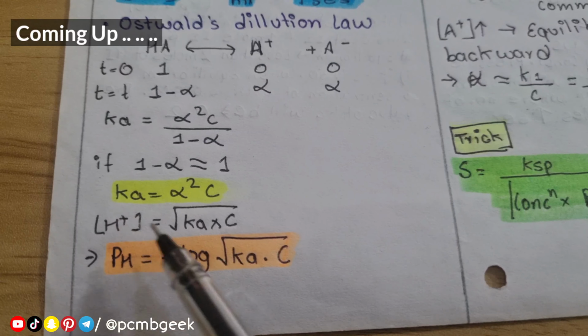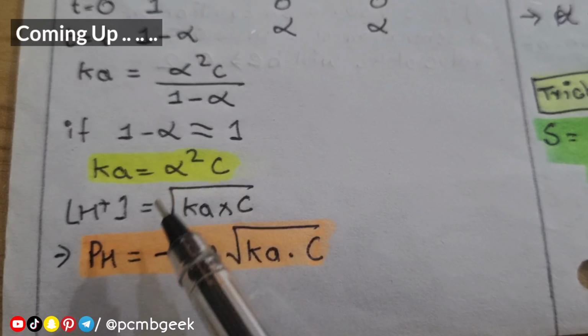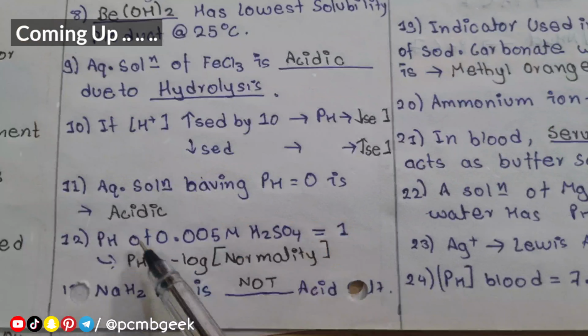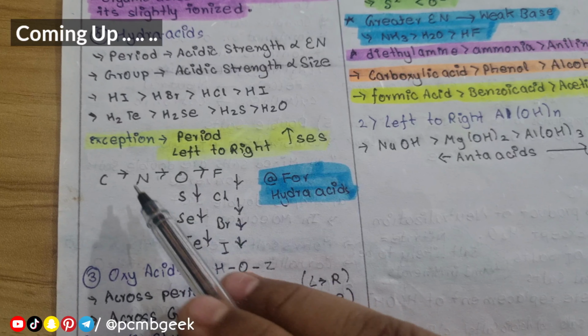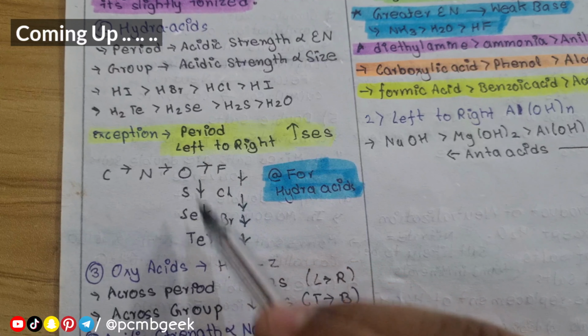What is H plus ion concentration? That is under root of Ka times concentration. For this kind of question, pH is equal to negative log of normality. For hydroacid, electronegativity